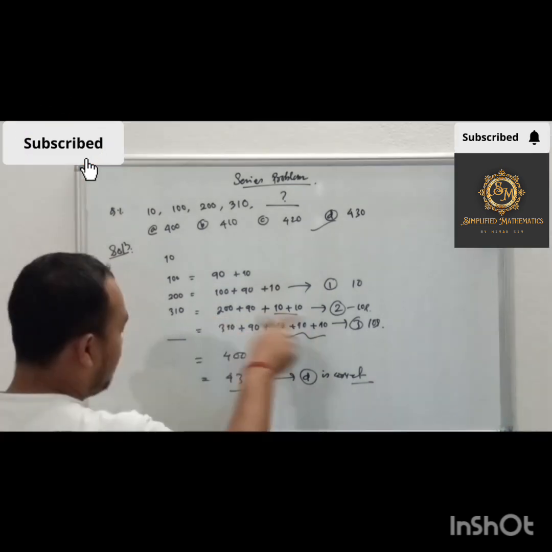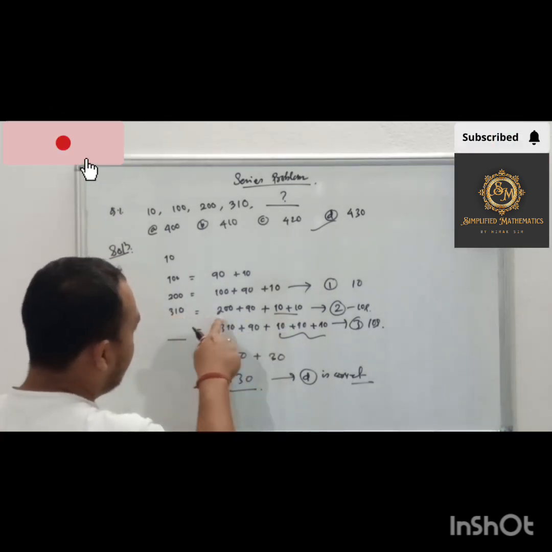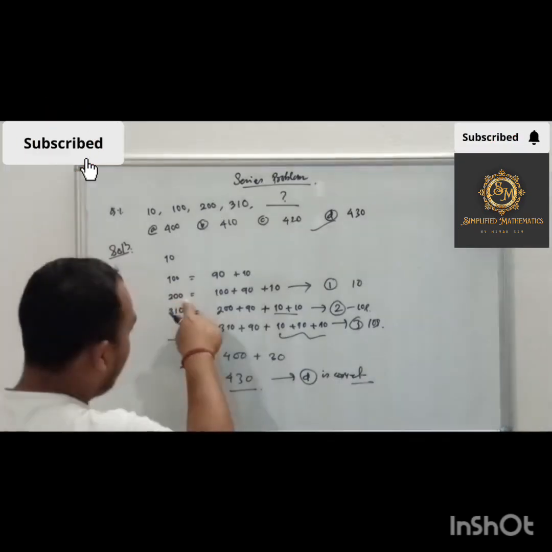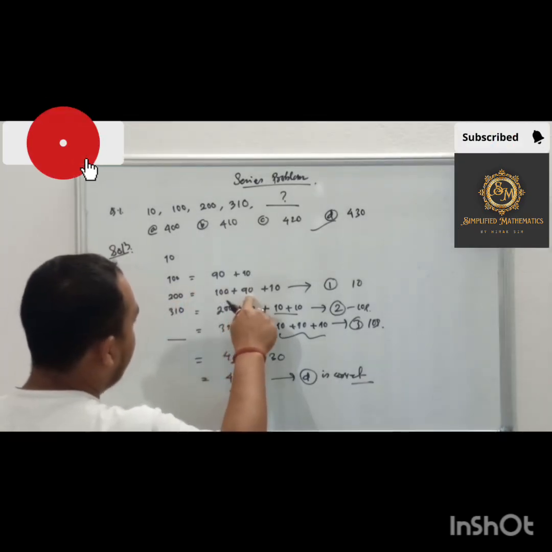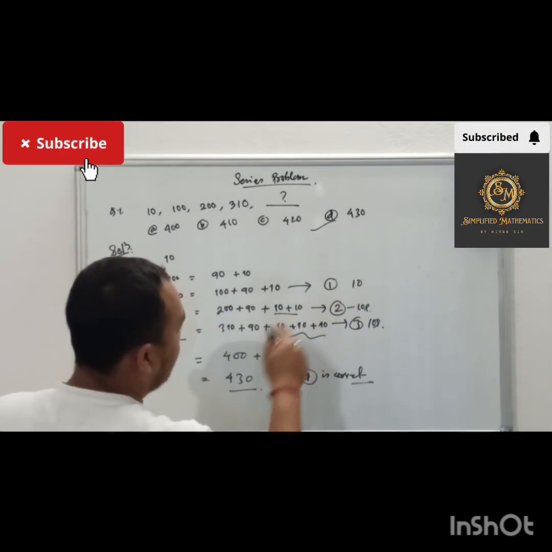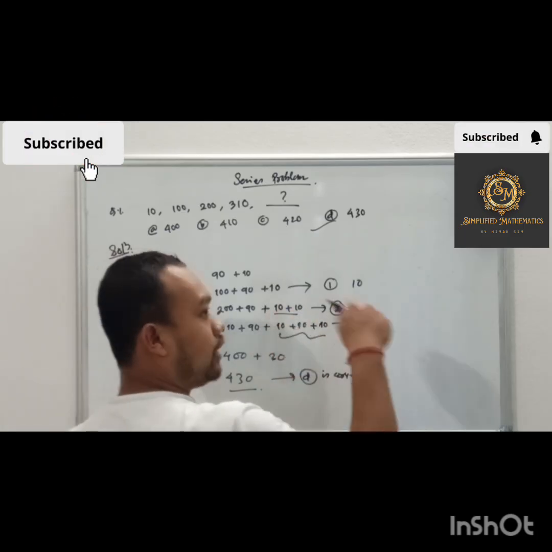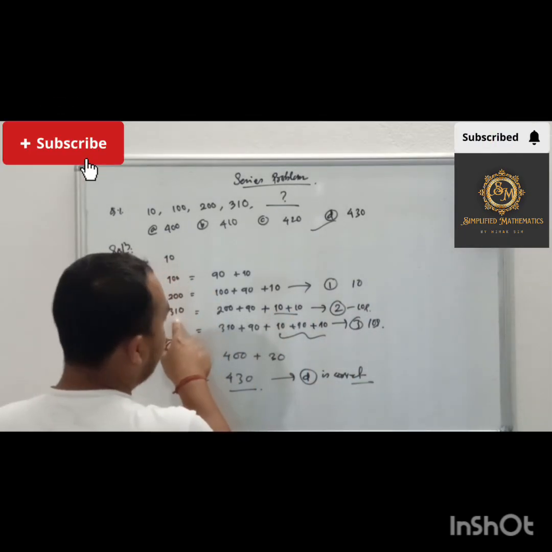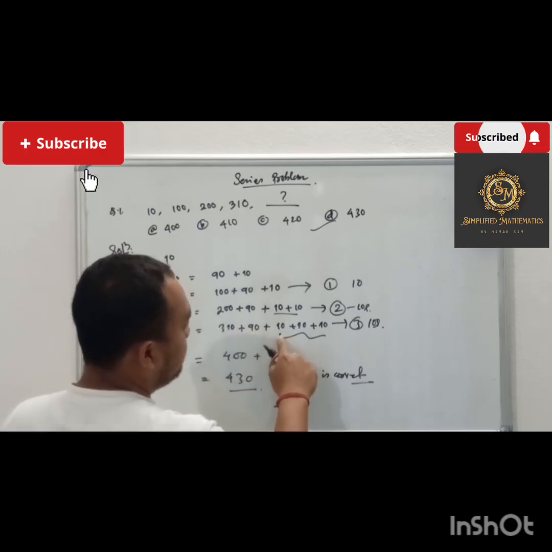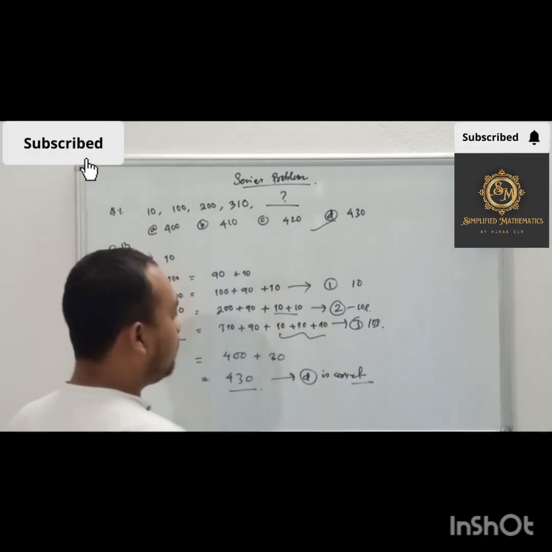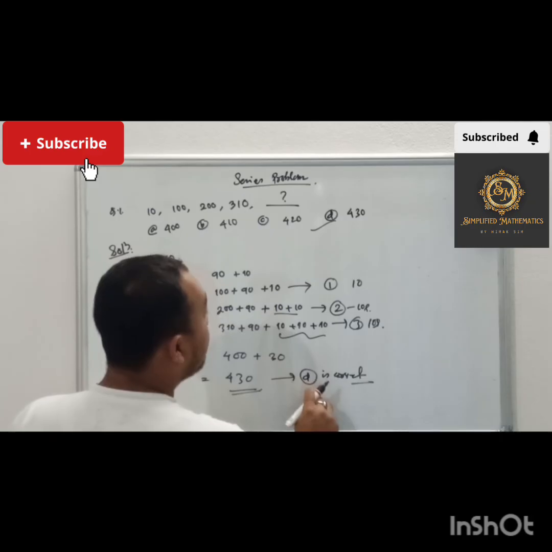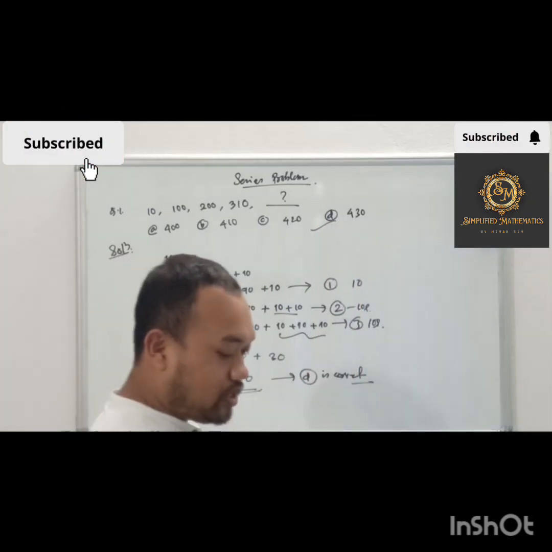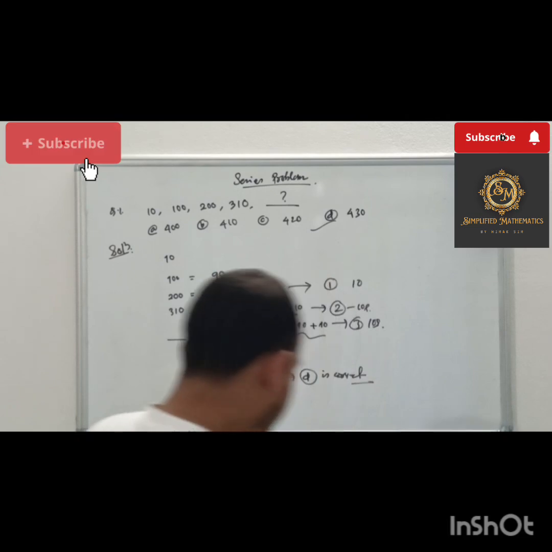So now what do we have? Here we have again 310. This can be written with the help of addition of 200 plus 90 plus 10 plus 10. We can write 20 as 10 into 2. So in this case we can write 310 plus 90 plus 10 into 3 also. That means we are getting 430 as the correct number. Okay, in the next question we are interested in finding